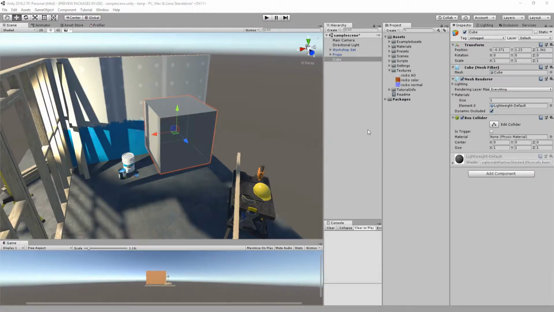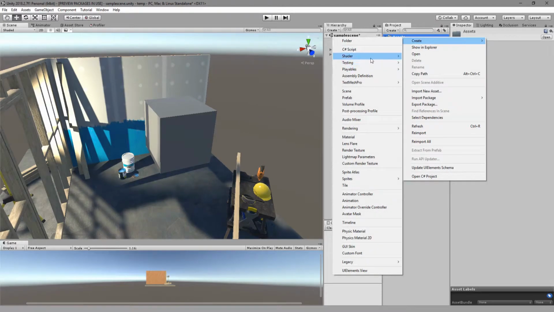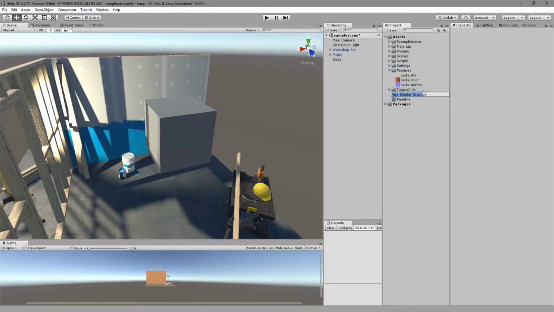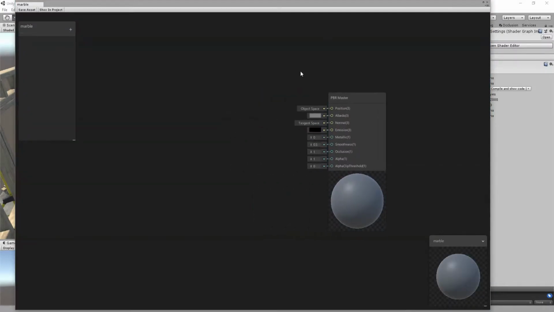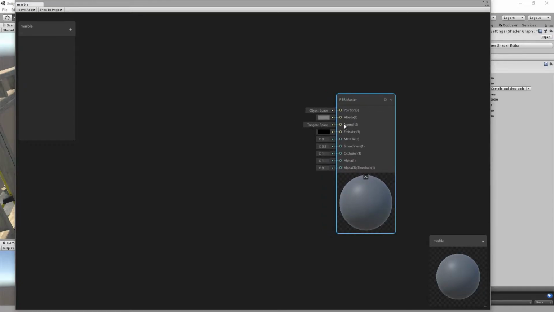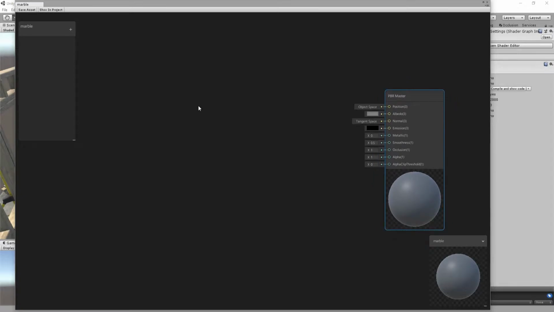The first thing that we are gonna do is to create a new shader. Let's call it marble. I don't know if this is how you pronounce it. And here we are. So we will have the normal to be untouched, right? Because we want the outside to be the actual mesh, and we want under that kind of to have something else. So to do that effect, let's first get a normal map,